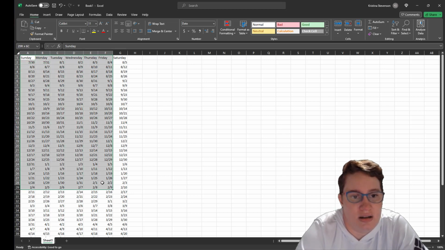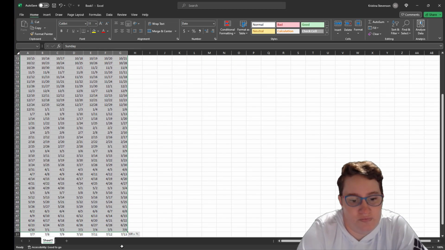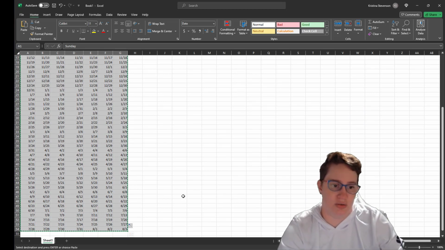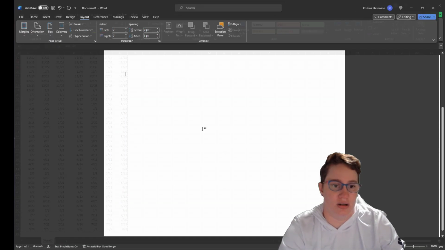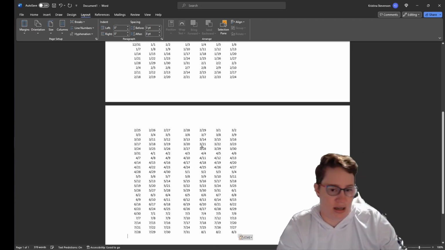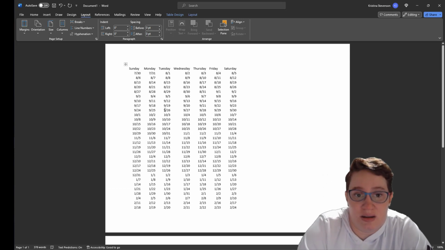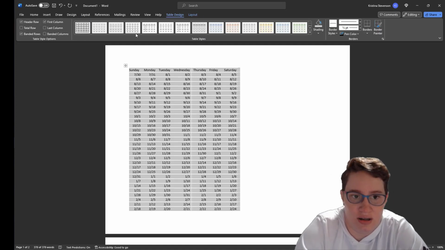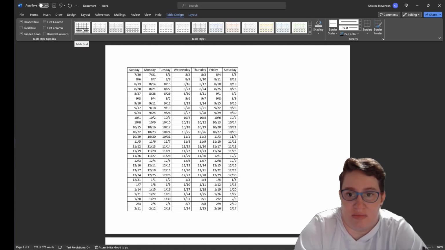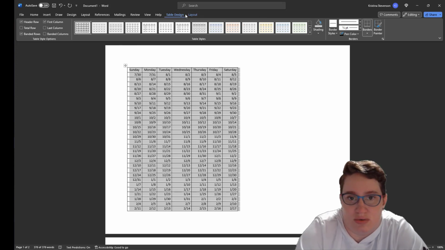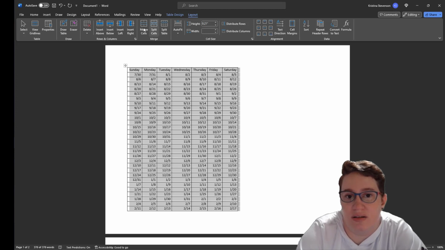I'm going to take what I filled in and drag all the way down here. I'm going to press Control C or copy. I'm going to go back to Word, and I'm going to paste that. And what we have now is a table with all these dates that we can format however we want. So for instance, in table design, having boxes around things would be great. I want to definitely make this bigger,